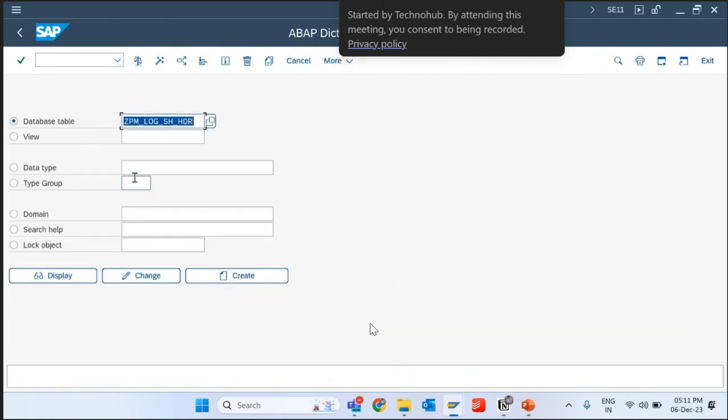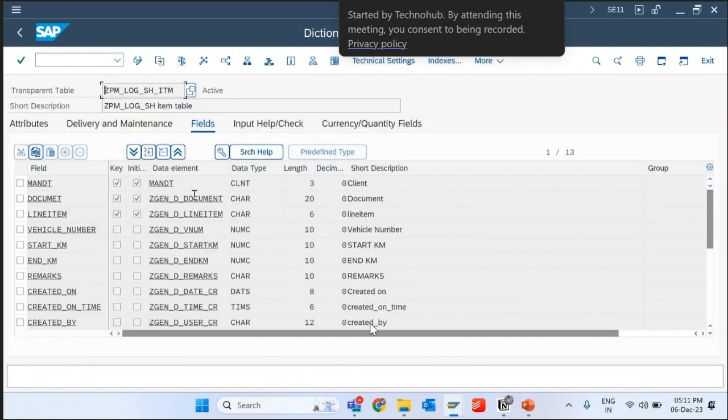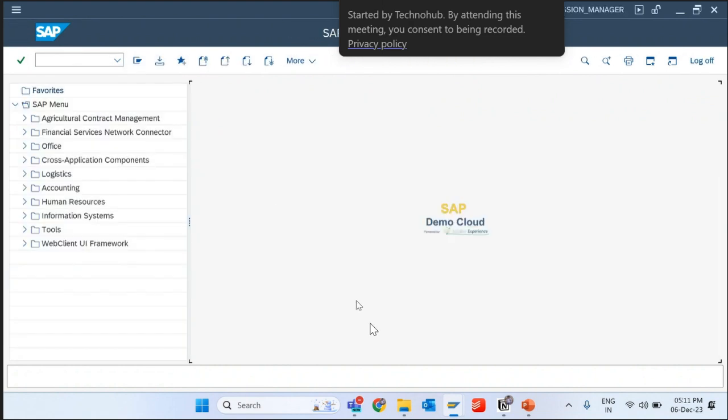Devasis has helped create these two tables which we will be using. Okay, thank you Devasis for that. Yeah, fine. So now